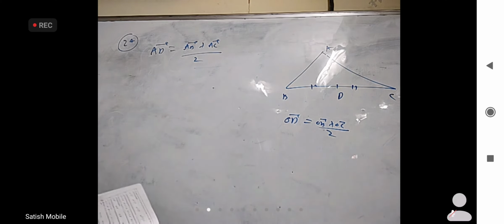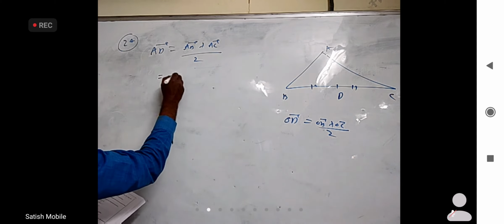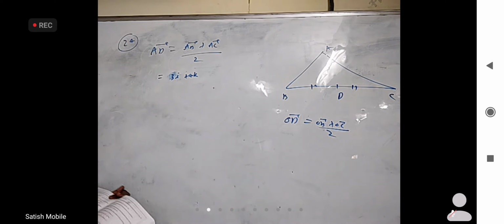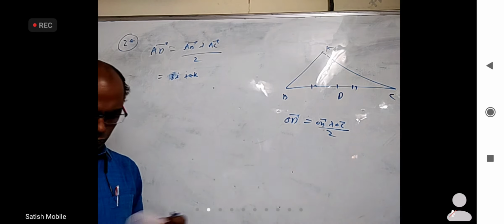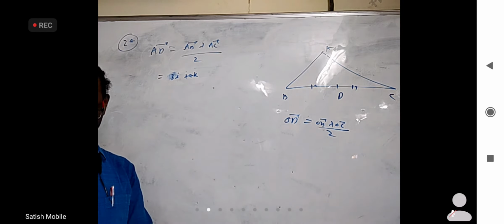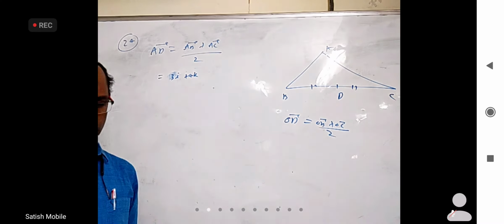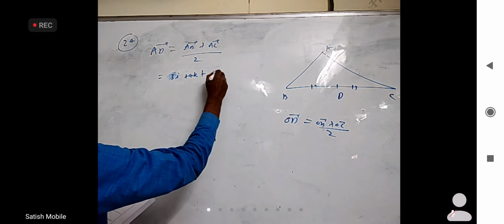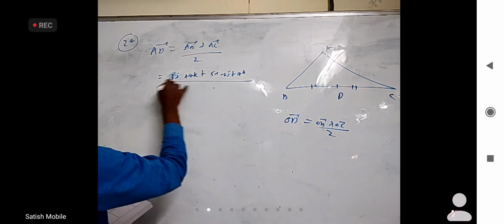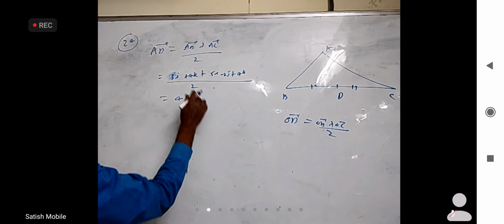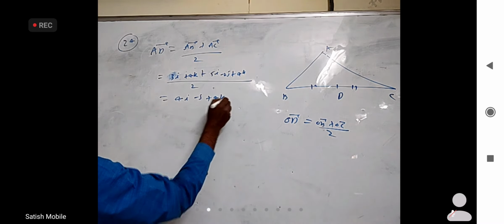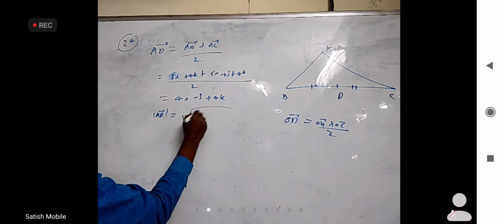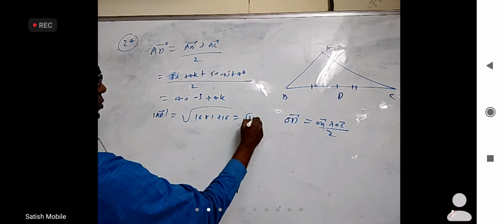AB and AC are given. AB bar is 3i plus 4k. Anyway, if somebody doesn't have much doubts, you can try from 45 onwards till end. You don't need any new theory for them. AC bar is 5i minus 2j plus 4k. This total by 2, 8i by 2 is 4i, minus j plus 4k. And then just find magnitude. Magnitude of AD bar is root over 16 plus 1 plus 16, which is root 33.